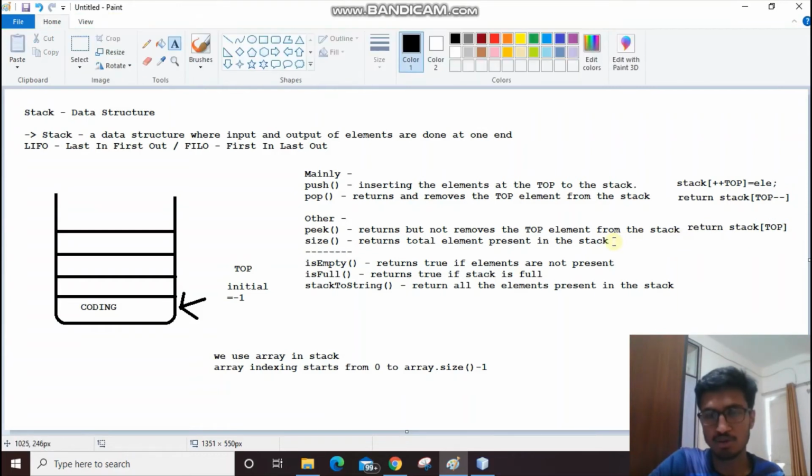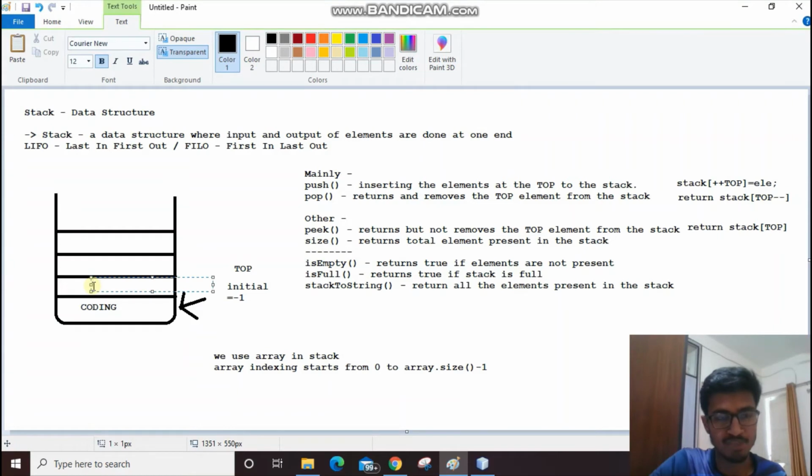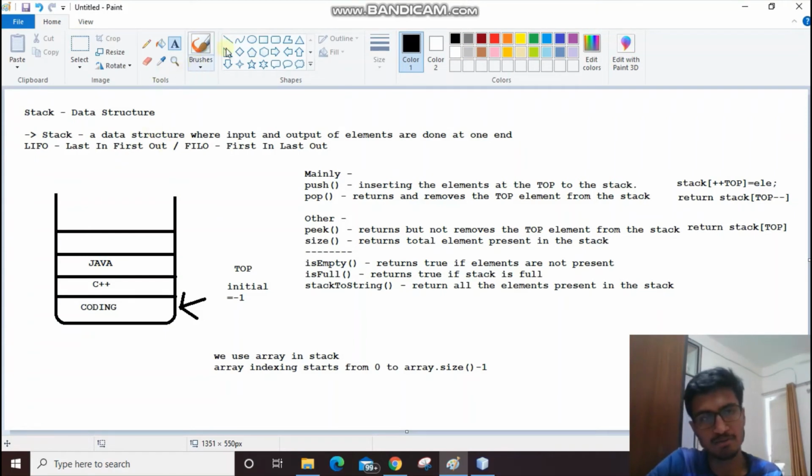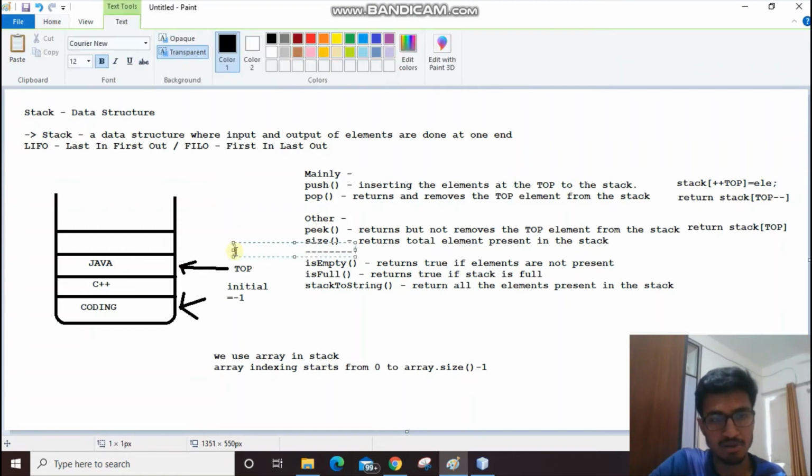Apart from this, let's consider size now. Let's say I have coding, after that C++, then Java. Currently the size is 3, and the top will be pointing at Java. Java is the third element, but top here is equal to 2 because top was -1 outside.